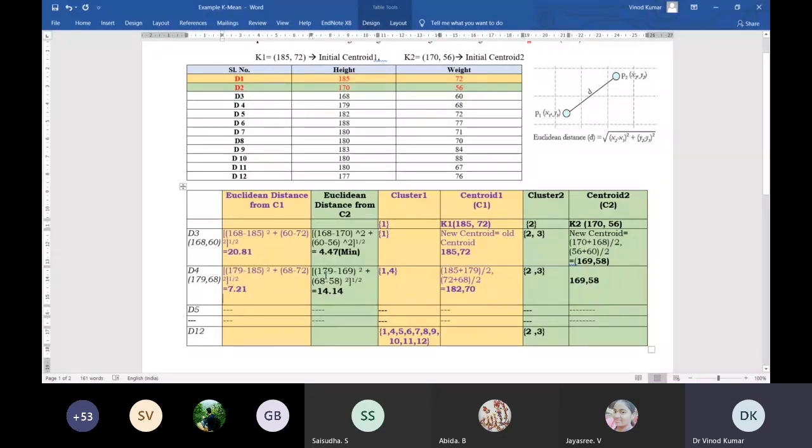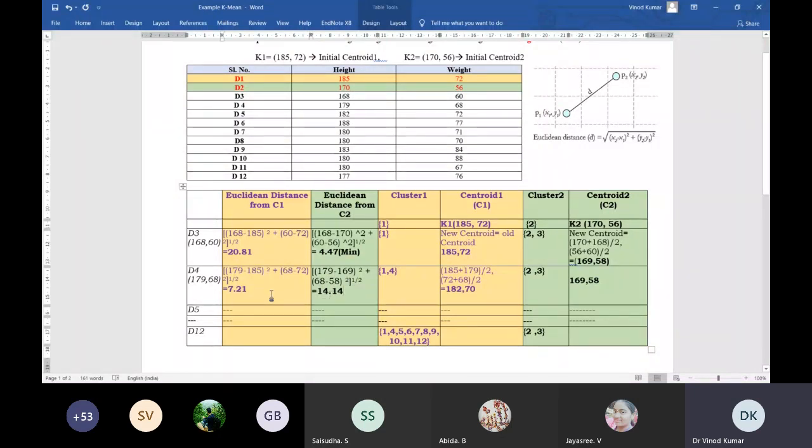And next, for the Euclidean distance from C2, if I calculate for this data object, I will put the value here and calculate 179 minus 169 squared plus 68 minus 58 squared, and then square root. Then I came with 14.14.